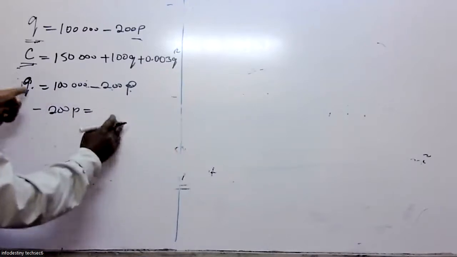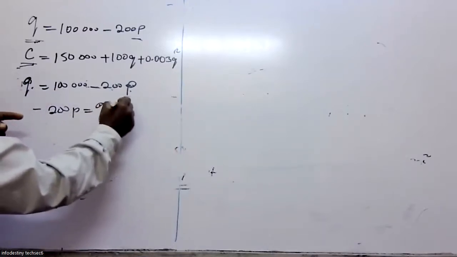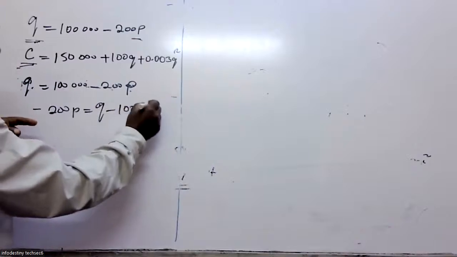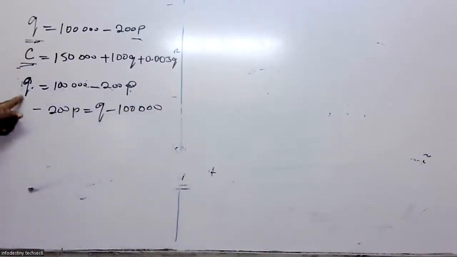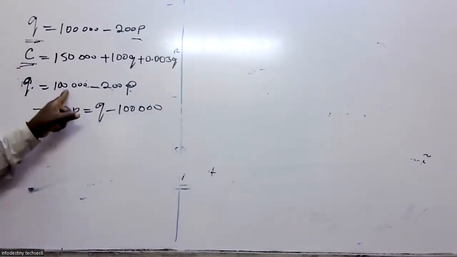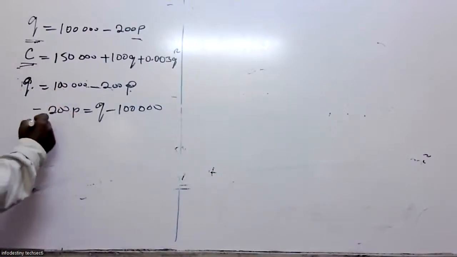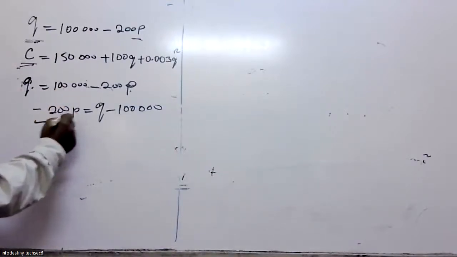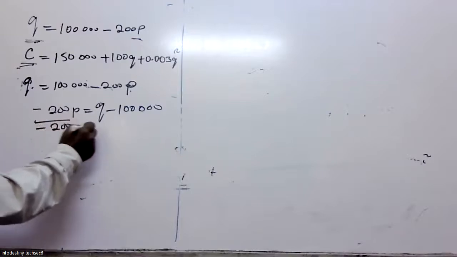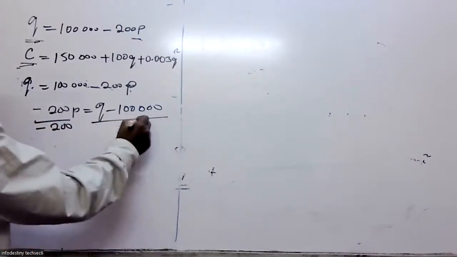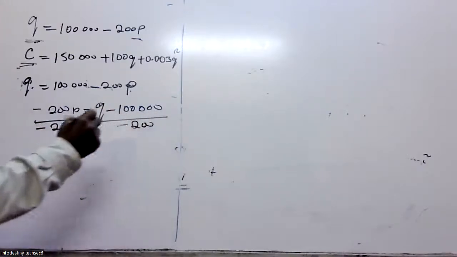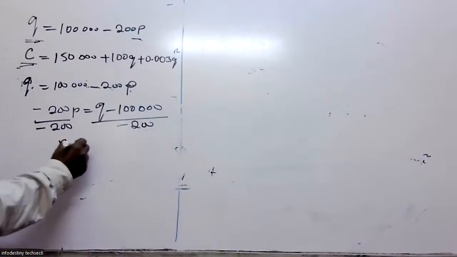Let's just start with this one: Q minus 100. This one is positive, now this is going to be a negative. So the next thing, we divide this one by minus 200. You are together? So that's going to be P equals